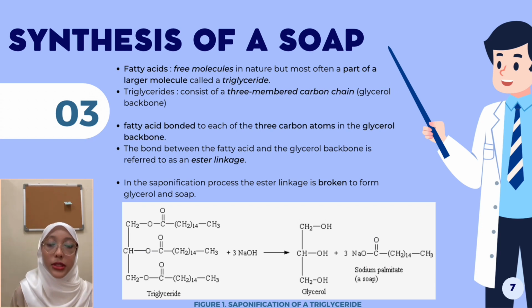Referring to the same figure, the fatty acids are bonded to each of the 3 carbon atoms in the glycerol backbone. And the bond between the fatty acid and the glycerol backbone is known as an ester linkage. So, in this saponification process, in order to form glycerol and soap, the ester linkage must be